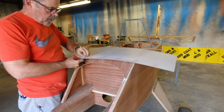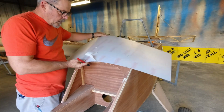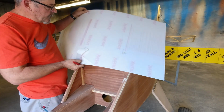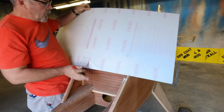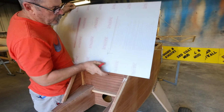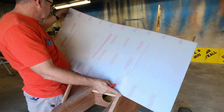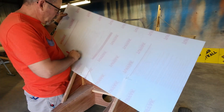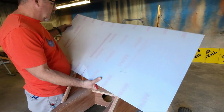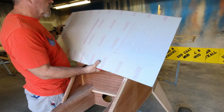But there are scratches in it, like really deep scratches, almost all the way across here. And there's another one here, and it's actually pretty gouged, pretty bad there. Not something I want to use for a windscreen, so